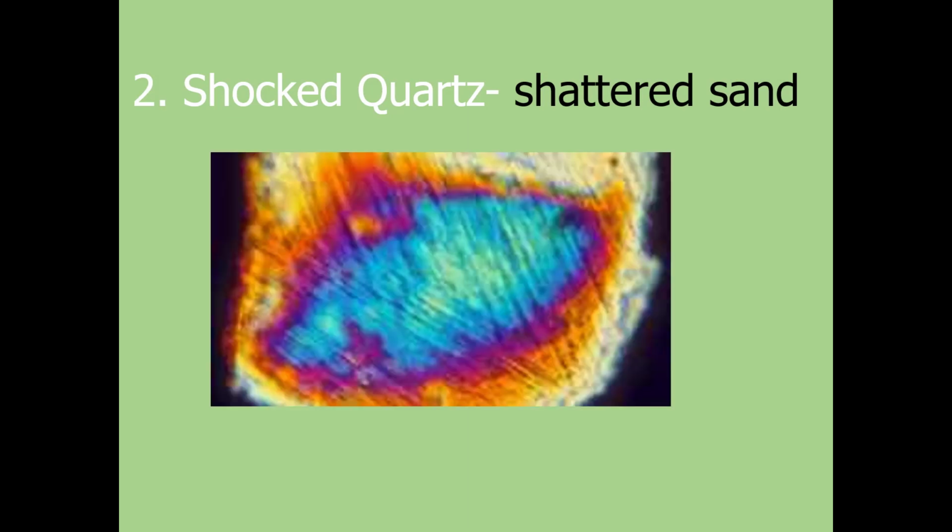We also see something called shocked quartz. Here's a single grain of quartz shown under polarizing light, so it looks kind of psychedelic. But if you ignore the colors and you look at the lines in here, these are fracture patterns in a single grain of sand. And so this single grain of sand has been shattered at the atomic level, and geologists only find those in 2 locations, at impact sites and at nuclear test sites. So you can see that shocked quartz is associated with very small, brief, intense pressures.